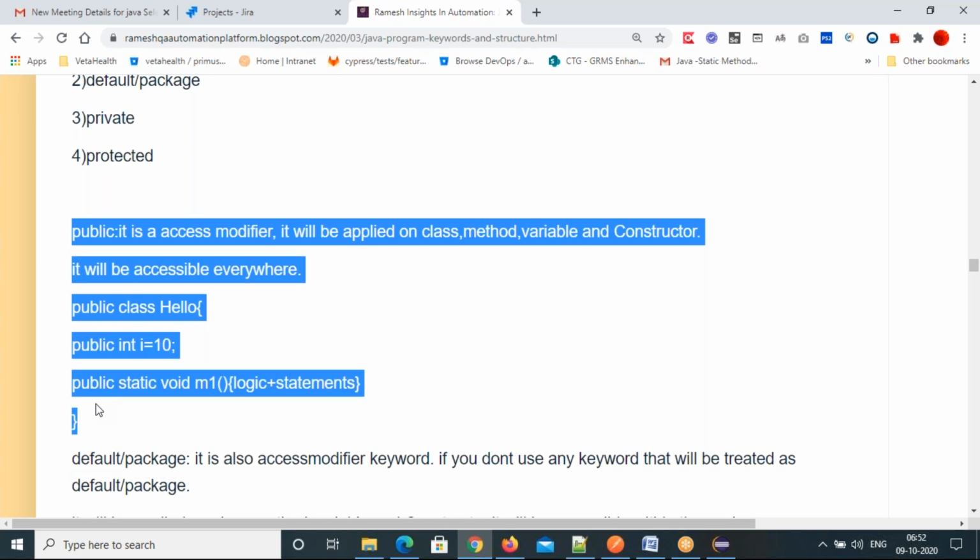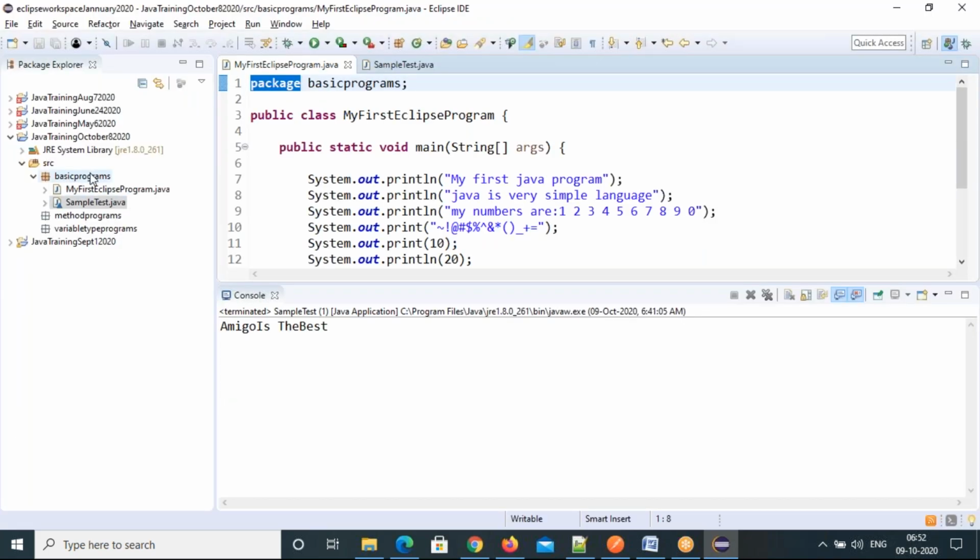If you don't want to give permission to other classes, you can stop it. Or you want to give it only to a particular group or particular package. A particular group is nothing but this package. Only for this package you want to restrict. You can do that. How can you restrict for a particular class or particular group or particular packages? That's what we are going to discuss with the next keyword, that is default or package. So that's all the restrictions we can apply with these keywords.